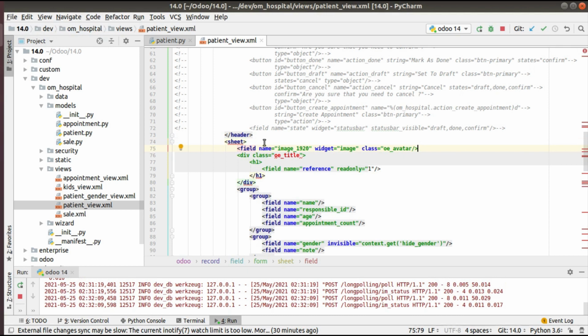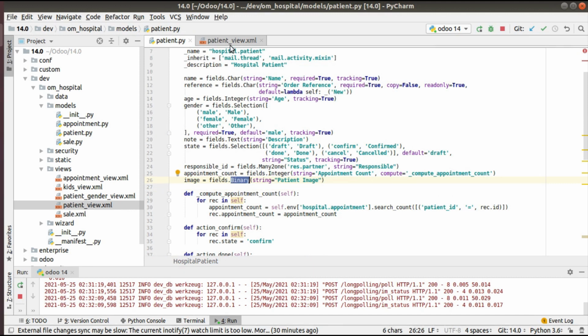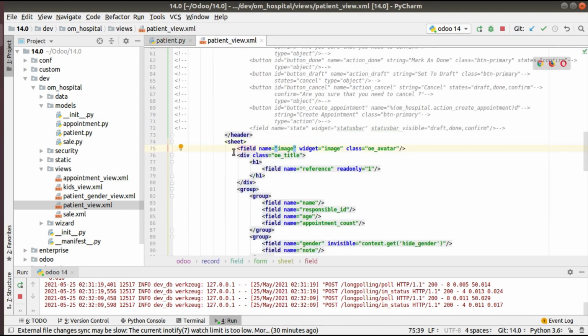Right now our field name is image. So what I have done is added a field of type binary in the model, then in the corresponding view I have added the field and given the widget. For this image you have to give widget image and class oe_avatar.